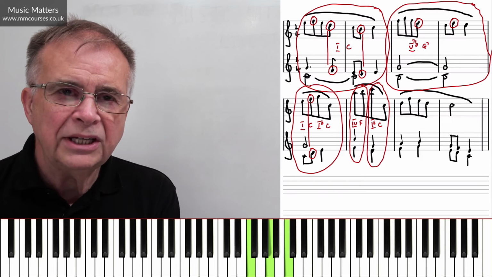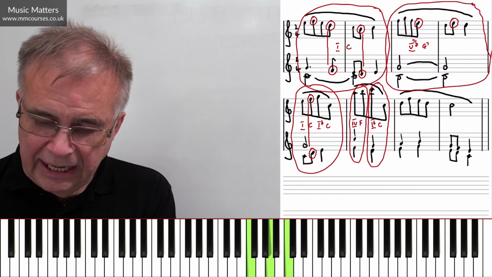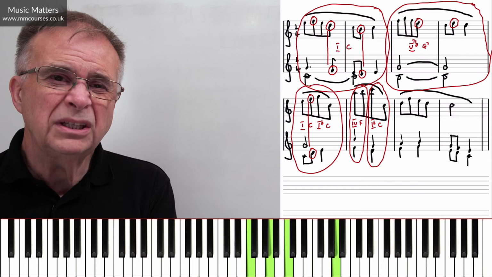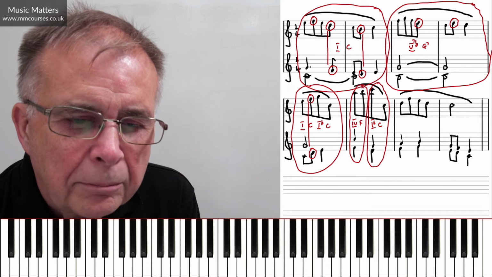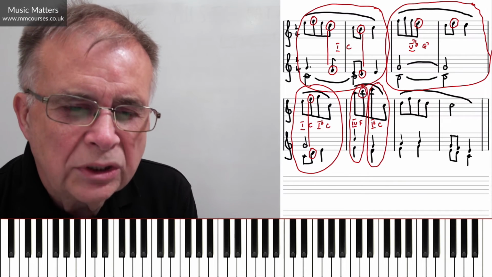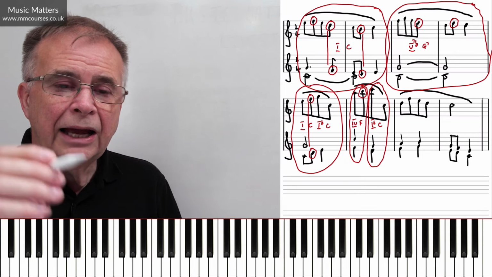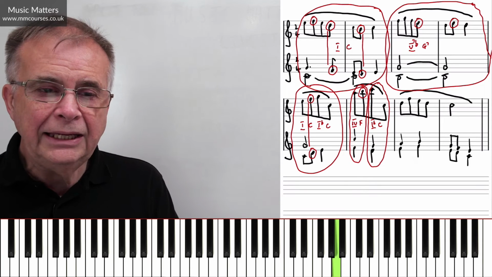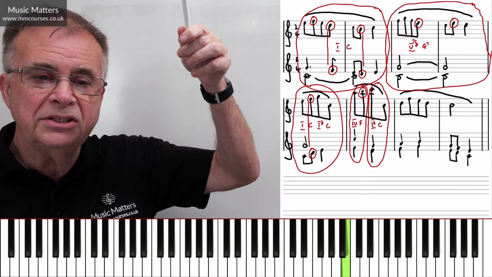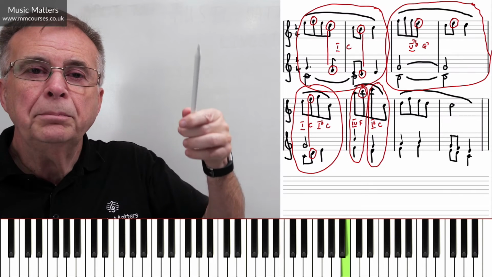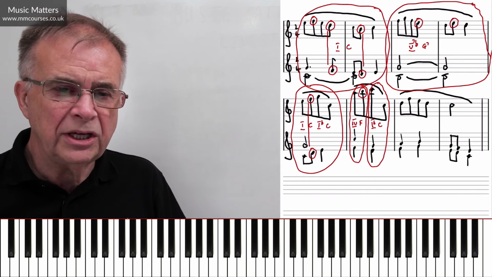Okay, so if we look at this chord 4, this F chord, well, that's F, A, C. Well, both the left-hand notes belong to that. The A in the right hand does, but the B doesn't belong. So this B must be an inessential note, a non-chord tone. And when you look at what's happening, we've got A belongs to the chord, B next door, going on up to C. So the B is a passing note or a passing tone.